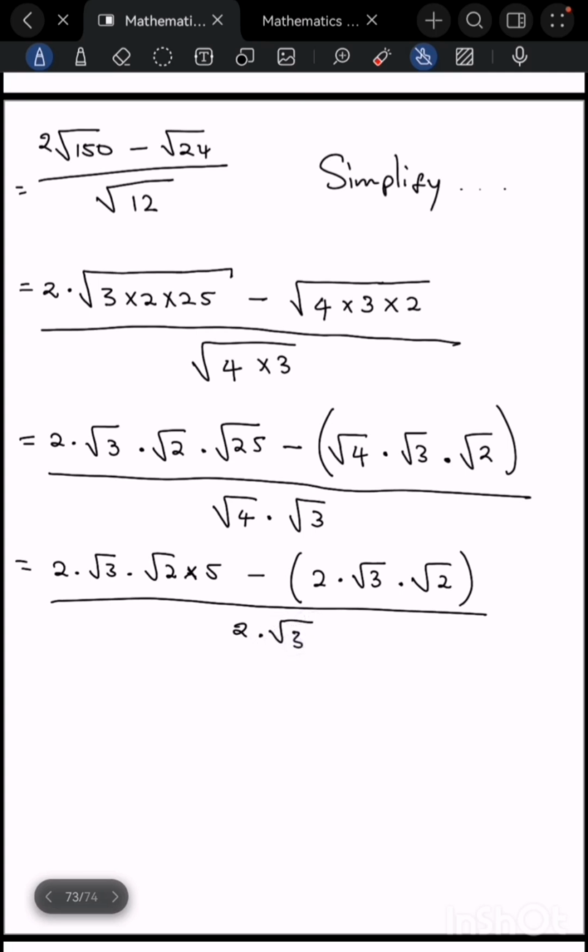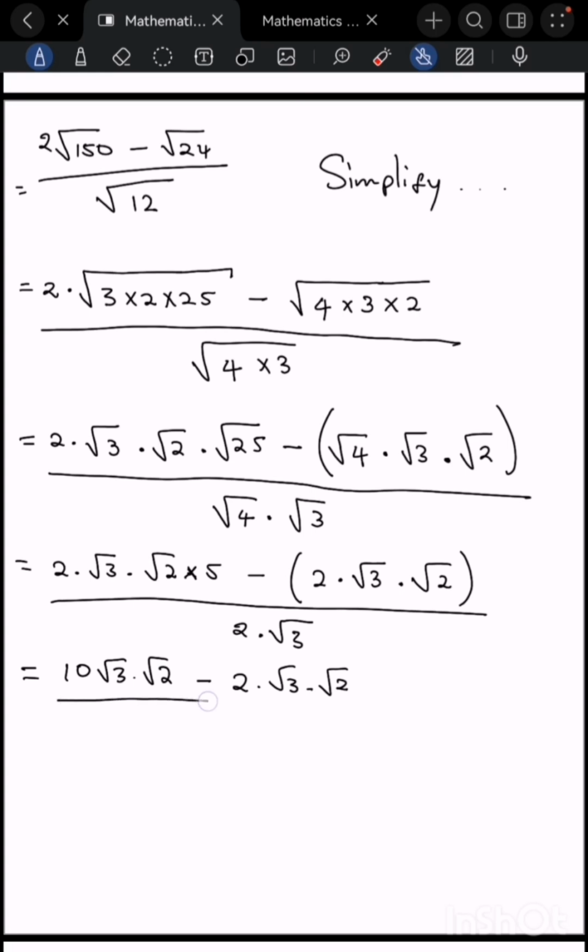It equals 2 times 5 is 10, square root of 3 times the square root of 2, minus 2 times the square root of 3 times the square root of 2, all divided by 2 times the square root of 3, which equals 10 minus 2,